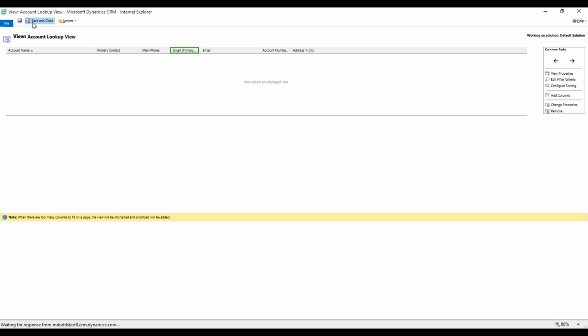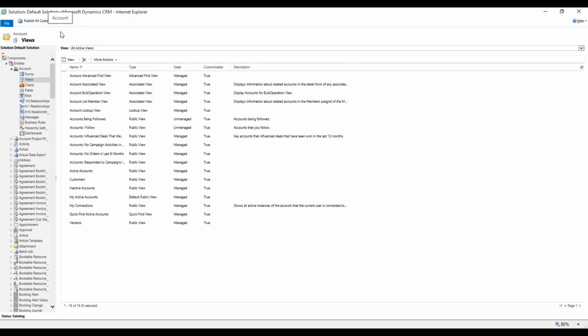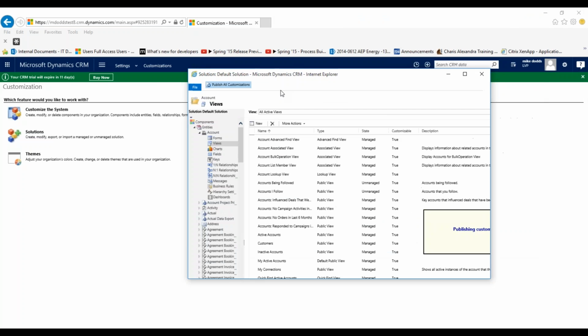And this is saving all the changes that we just did, so it takes a minute to save. And then once it's saved, very, very important, anytime you're in Customize the System, you want to publish your customizations. If you don't publish those customizations, it's not going to actually reflect within CRM. It'll just be in kind of a housing state before it actually gets pushed to CRM to show for all users. So that's a very important piece whenever you're doing anything in Customize the System. And publishing does take a minute because it's publishing all the changes. Any changes that you made, it's publishing all those and pushing those to CRM. So you wait for those to finish,